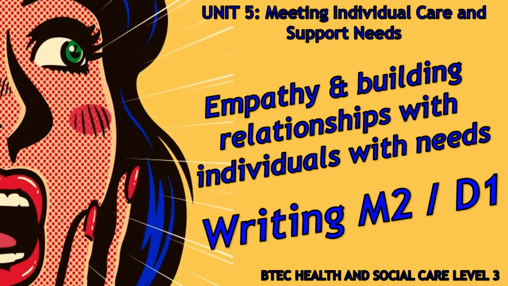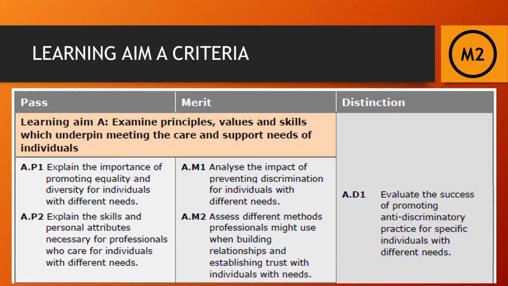Okay, so this is again a little discussion on how to write M2 and D1, which is for Unit 5 of the Health and Social Care course. It's all about building empathy relationships with the individuals with different needs. So coming back to our learning criteria for section A, two key areas we're going to focus on here